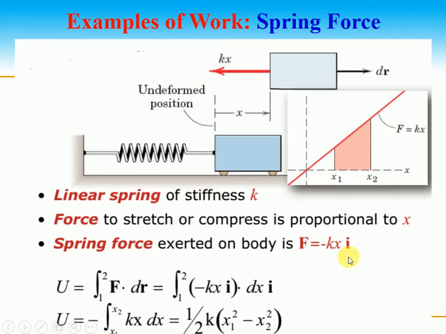If I am applying the force away, then the restoring force in the positive x direction is minus kx i. So again F dot dx is minus kx i dx i. It becomes minus kx, with i dot i equal to 1, times dx. Integrating kx gives k x square by 2. So it becomes half k x1 square minus k x2 square. Because of the minus sign, it becomes plus half k (x1 square minus x2 square).